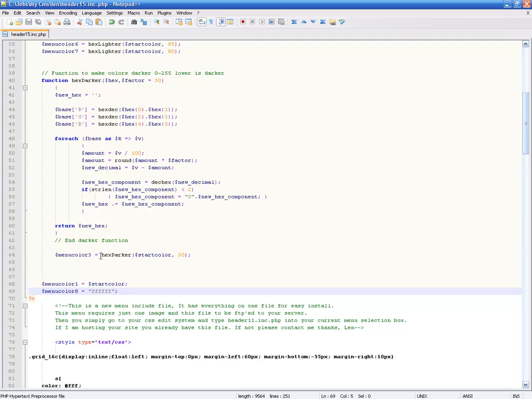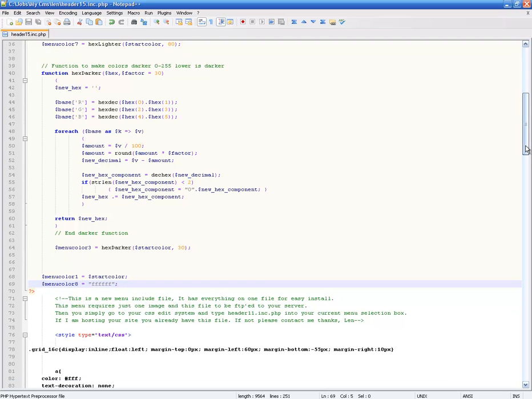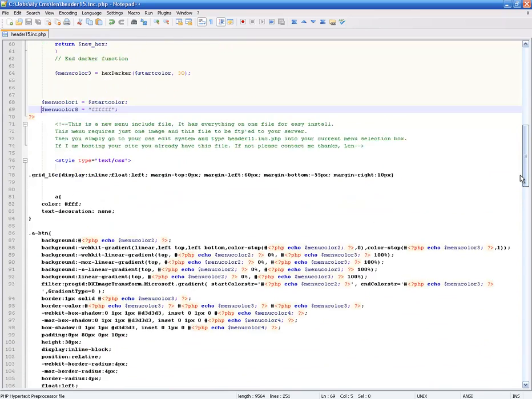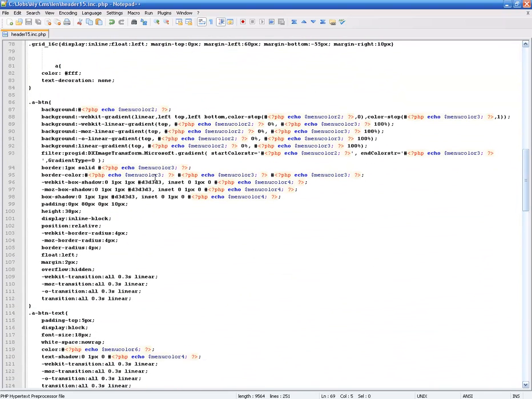So how you reference a function is you create your variable here, which in this case is menu 3, and then it equals the function and the arguments of the function, which are placed inside these parentheses, and then you have this line here. And you can do as many different ones of these as you want to, and then where you want to use this darker, you put it down here as menu color PHP echo menu color 3, right where the